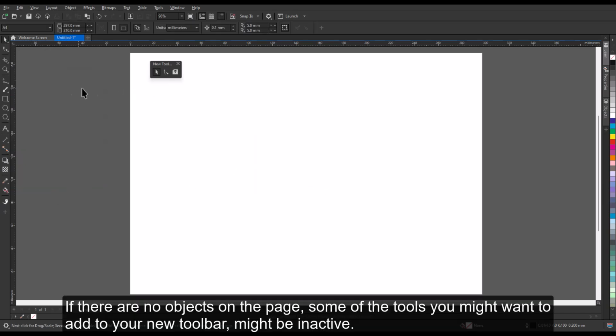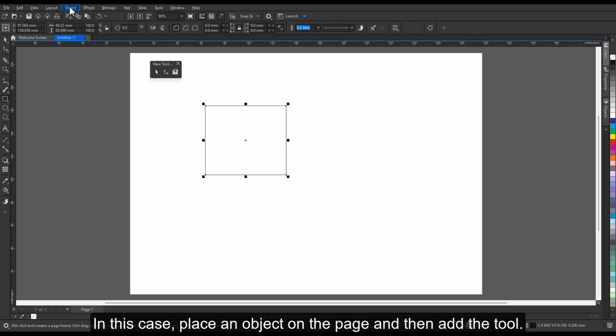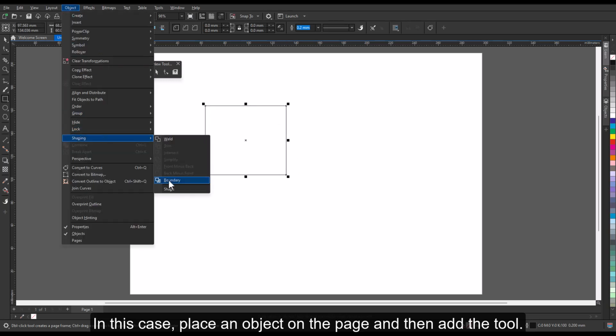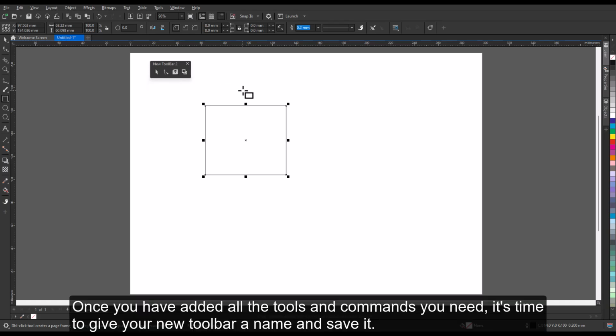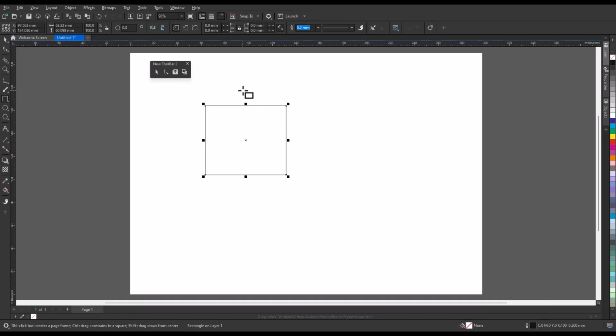If there are no objects on the page, some of the tools you might want to add to your new toolbar might be inactive. In this case, place an object on the page and then add the tool. Once you have added all the tools and commands you need, it's time to give your new toolbar a name and save it. Choose Tools,